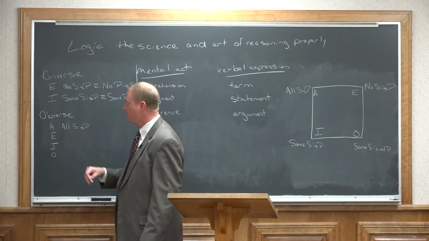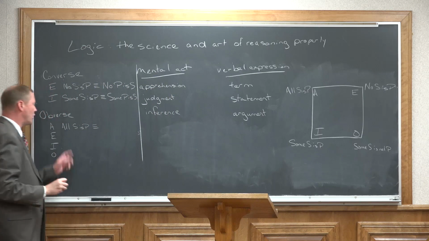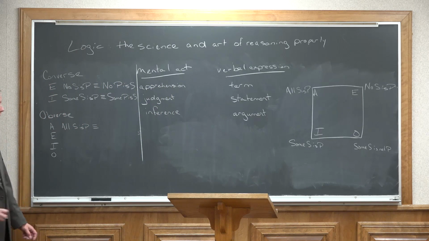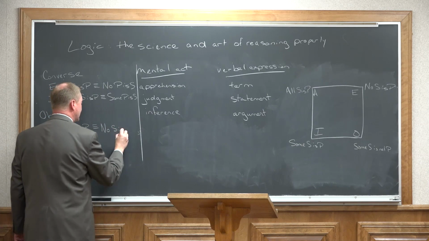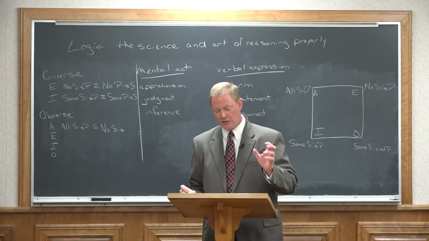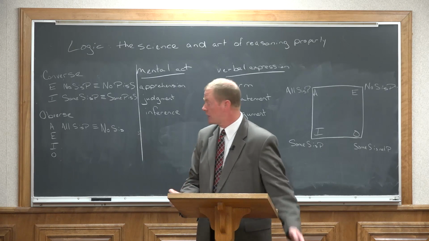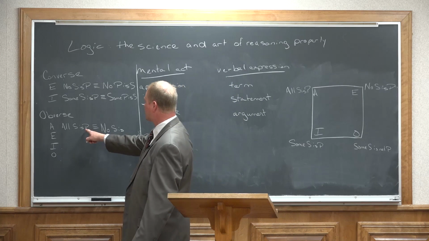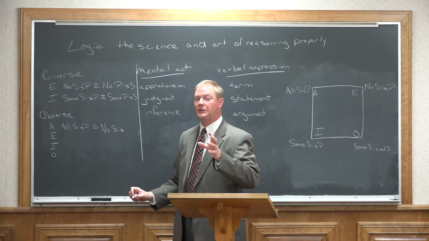This is an affirmative, so it becomes negative. So I'm saying that all S is P is logically equivalent to no S is, but there's one more thing I have to do. So I change the quality of the statement and I change the predicate to its complement. So this P, this predicate here, is changed to its complement, which means it's changed to